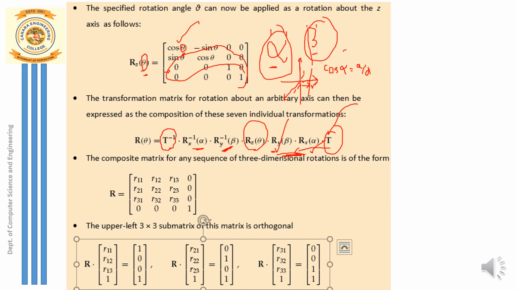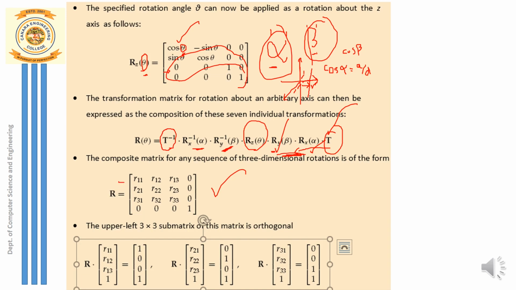Similarly, instead of the angle beta value, we calculate cos of beta and sine of beta. So this is how we manage the alignment along the x-axis and y-axis. Okay, so finally, after multiplying all these rotation matrices, we